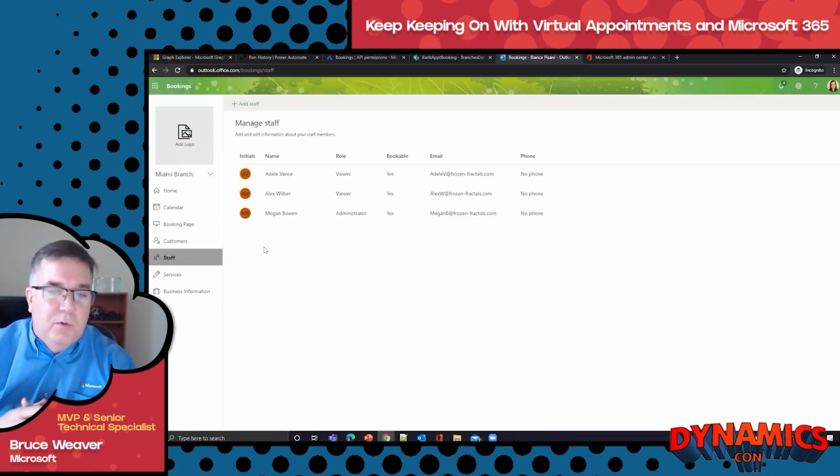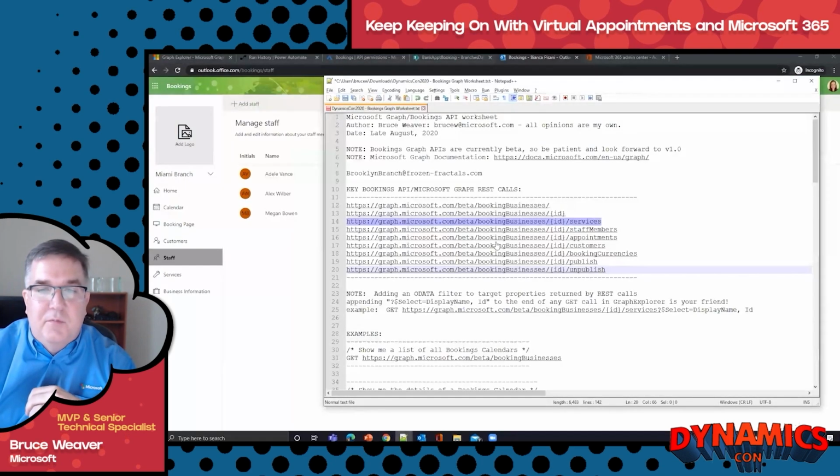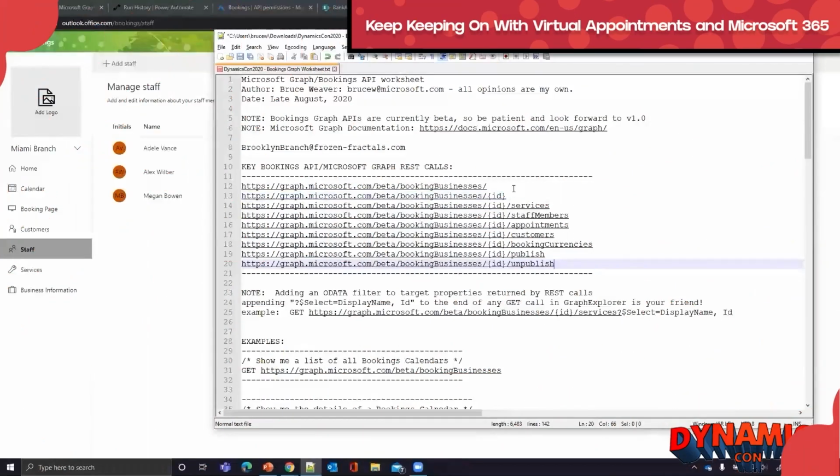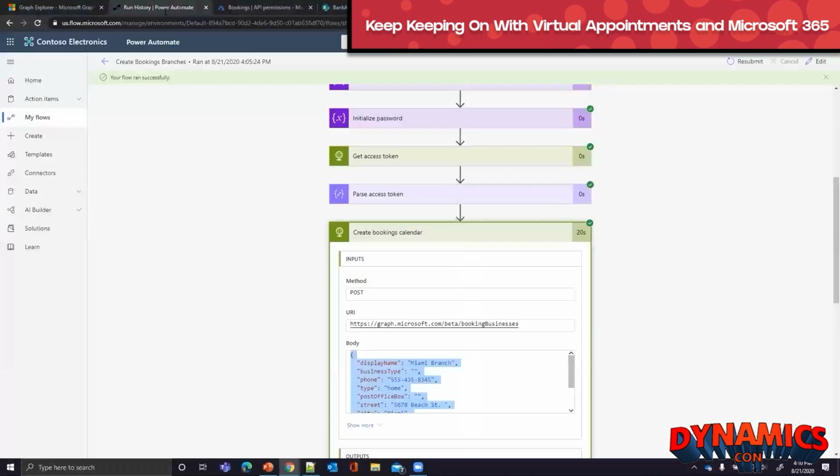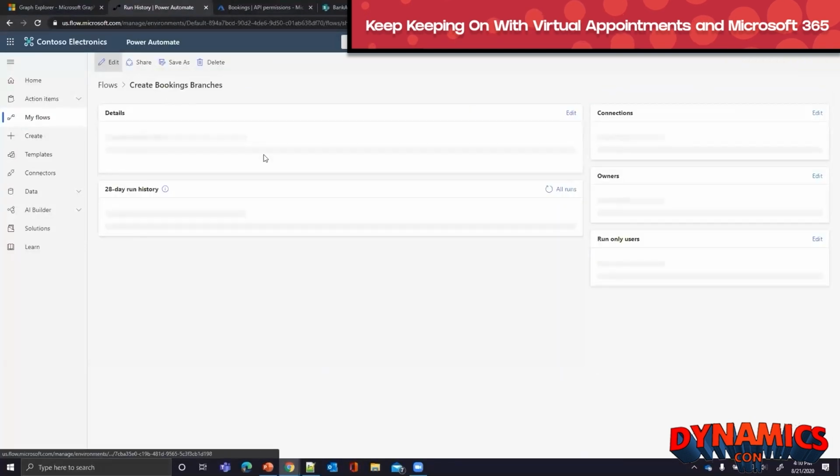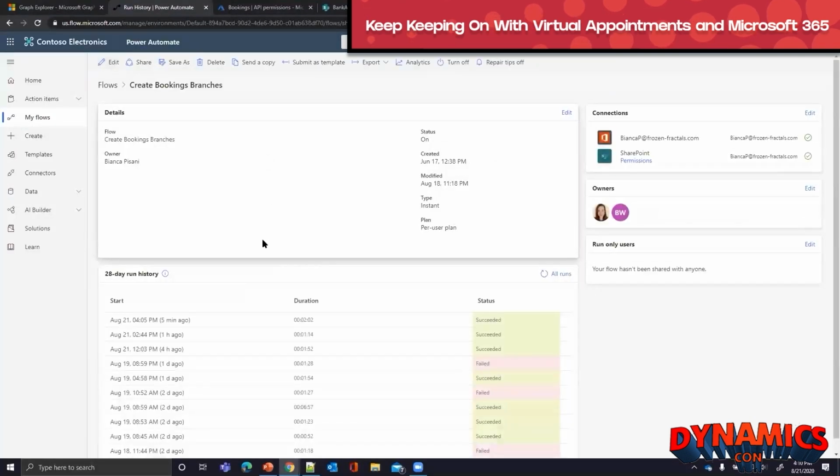And so this is the way, and this is not a full solution. There's more work to do. There's more things that you can do in terms of what you automate here, but hopefully it gives you an example of how you go about doing this work. You need to get familiar with the graph, and then you need to start feathering in those graph calls into your flows. That's kind of the basic perspectives here. So I want to wrap up this part of the session here. Hopefully that's been helpful. One last thing before I do.